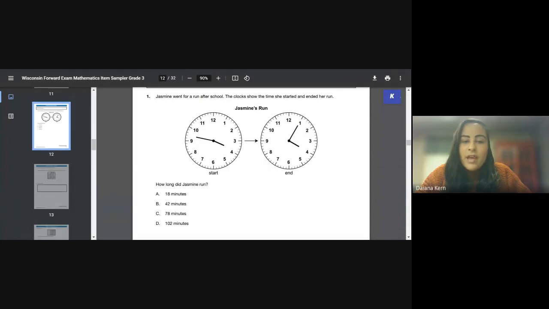The other thing that has been preparing them is the IXL. That's why we emphasize it a lot, making sure that they do go on IXL and do their language and their math portion. But here's an example. So what I want you to do, I want you to start thinking about how can you support your child at home? So what are some things that you can do at home? So for example, if you notice that your child cannot tell time yet, or they're working towards developing that skill,